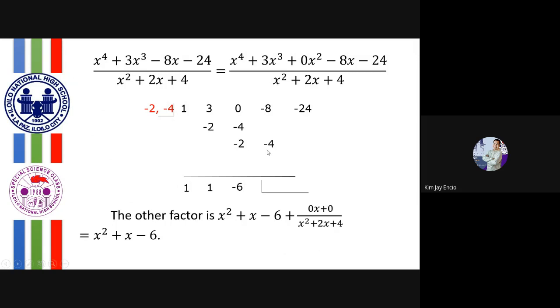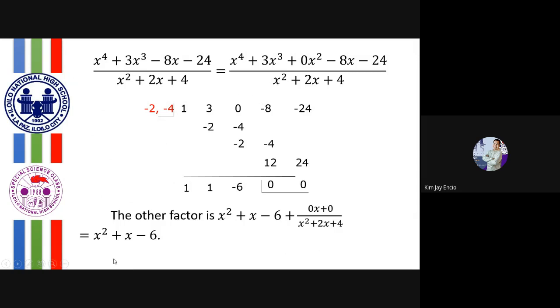Multiplying each of negative 2 and negative 4 to negative 6, negative 2 times negative 6 is 12. We'll put it in this column, 12 here, and the 24 will be placed at the last column. Since we already have an entry in the last column, we can now add the two remaining columns. As expected, the sums for the last two columns should be 0. Why? Because x squared plus 2x plus 4 is a factor of the quartic polynomial. So we have x squared plus x minus 6